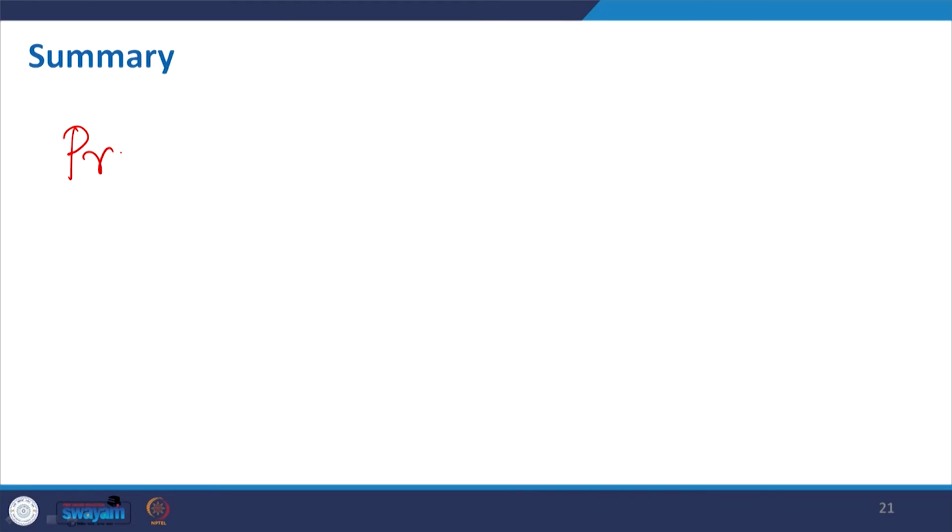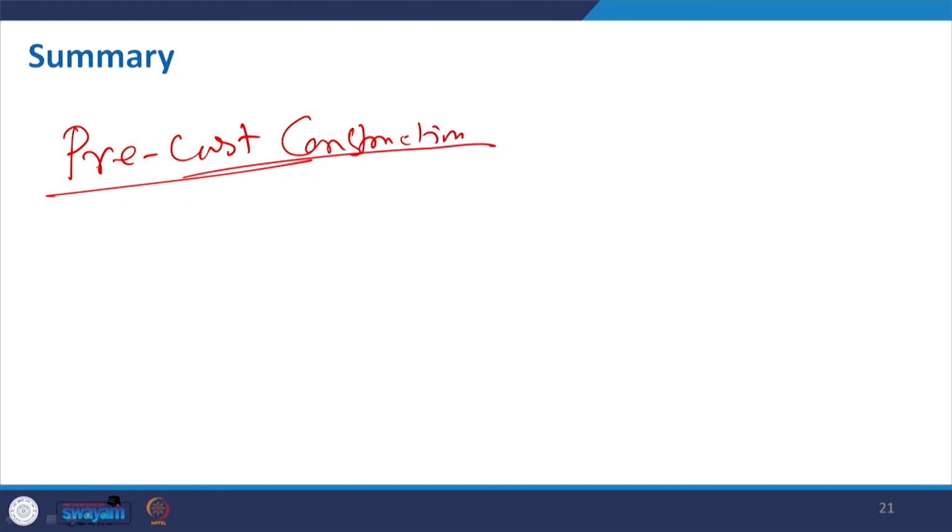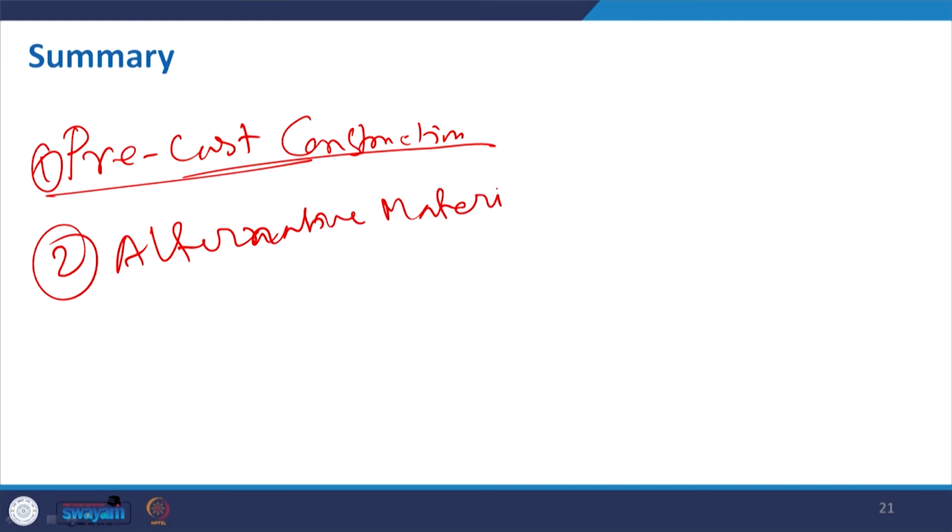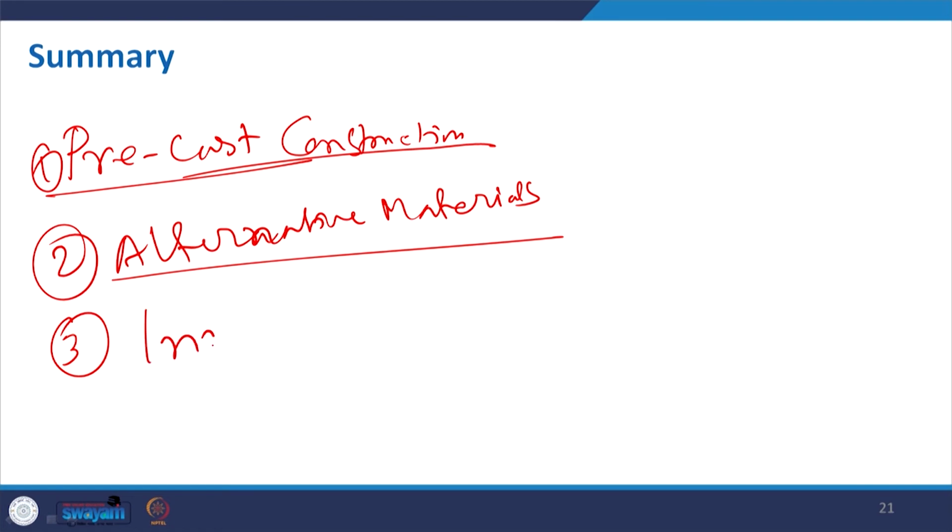So, in days to come, all of us as a majority should go for this kind of precast construction, which will save time. In the same way, we should search for alternative materials, which will save cost. And last but not least, what we need to show is innovation. We have to rely on innovation, then test it and then adopt.